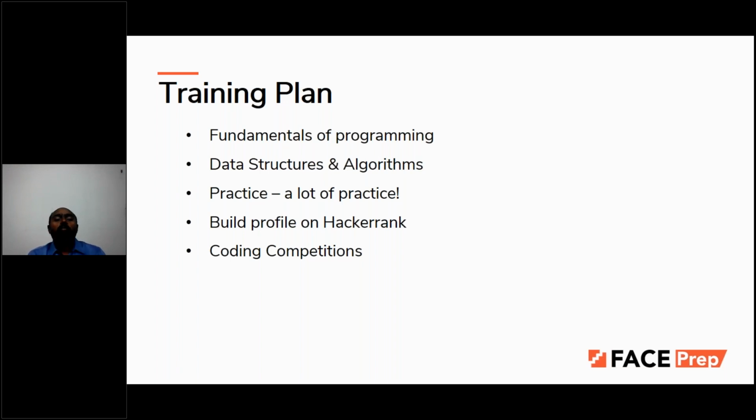So it's a very democratic hiring process that a lot of companies follow, because competitive coding, one, helps students prepare and improve their programming skills. Two, it gives them opportunities to get placed in companies as well. Right. Now, one other very important thing that I would like to talk about when it comes to the training